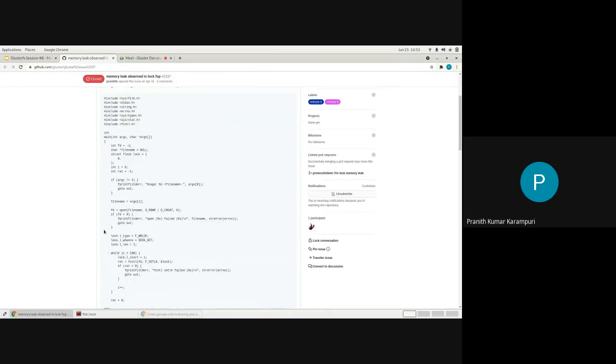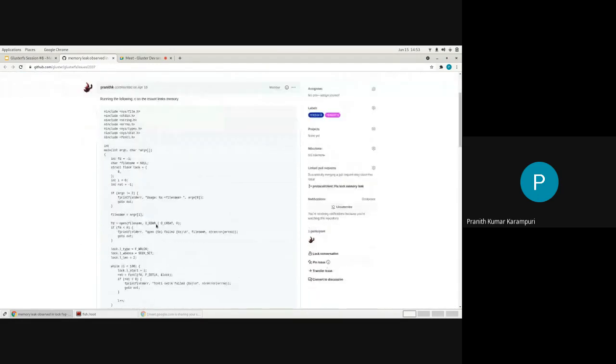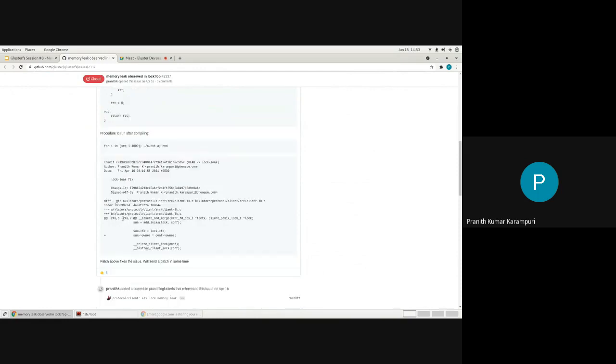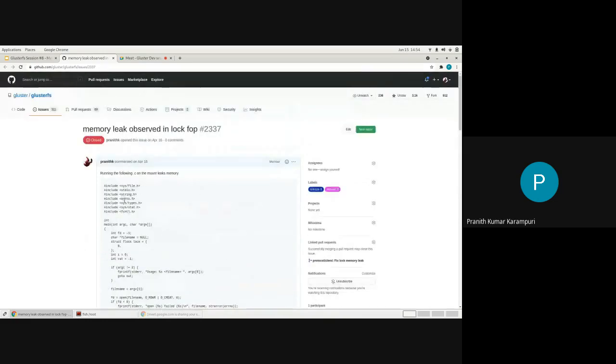I figured out that it is happening in the locks translator. So I wrote a sample program to do a lock and unlock, and when I ran it in a loop, I found that there is a bug. This was the issue. It makes things really easy to debug even when things are happening in production.